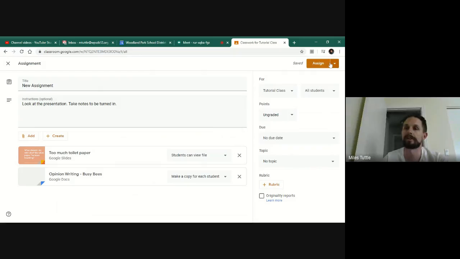You can either assign right away, you can save it as a draft, or you can schedule it to be assigned at a certain time. So if I wanted this to come out tomorrow morning or something like that, I would just click schedule and then choose the date and the time. I'm going to assign it immediately,